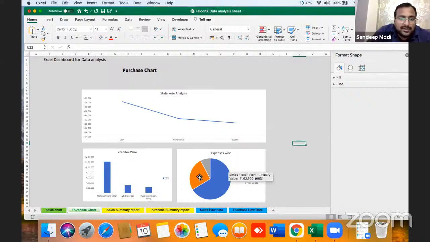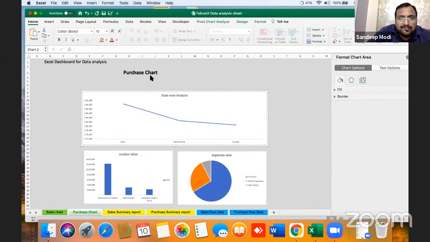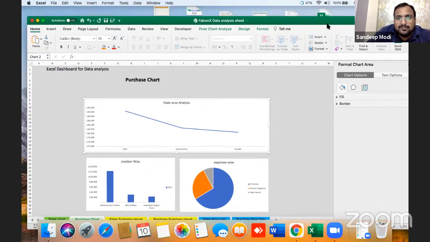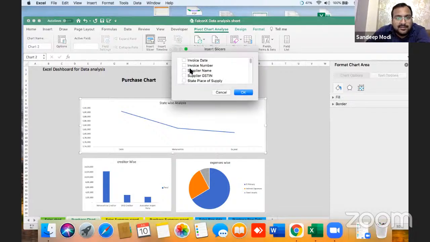So this is how you can write it. Now, if you want, let me put slicers also everywhere. Select any tab, pivot table analysis, insert slicer.